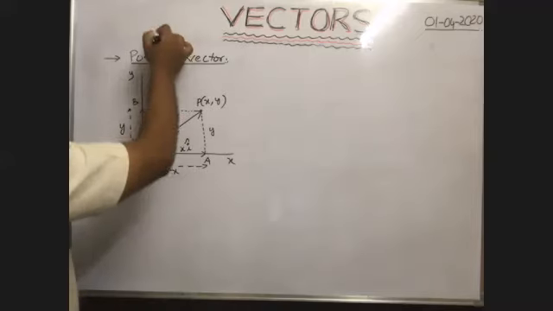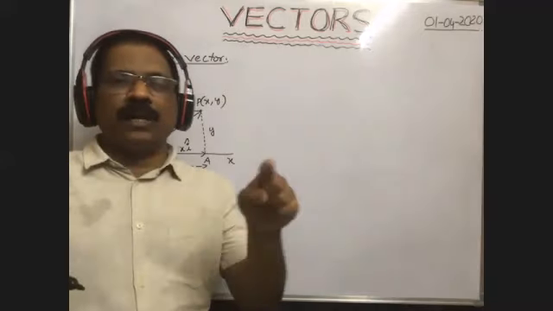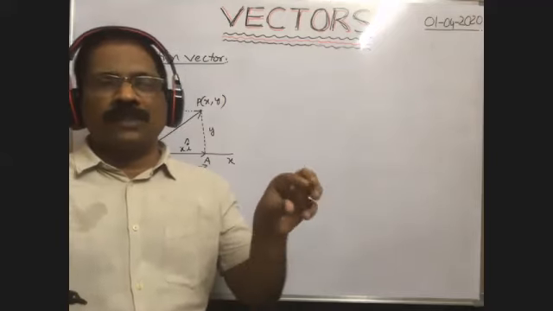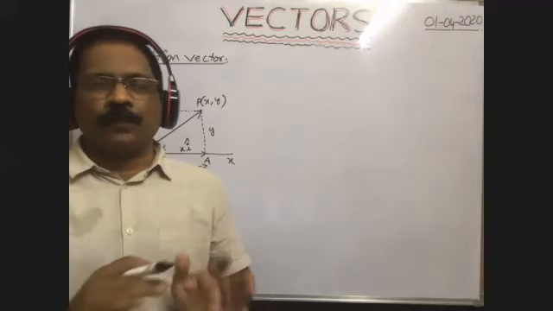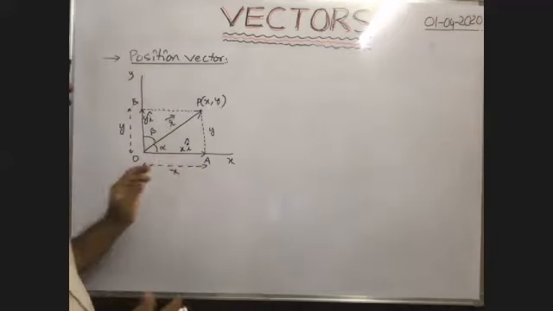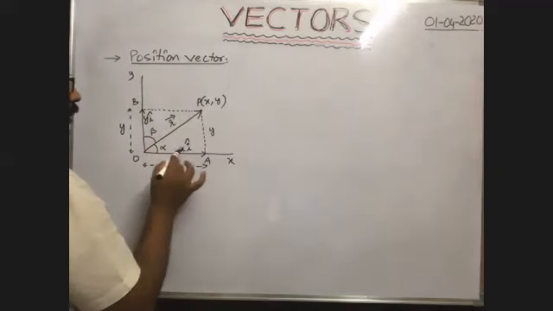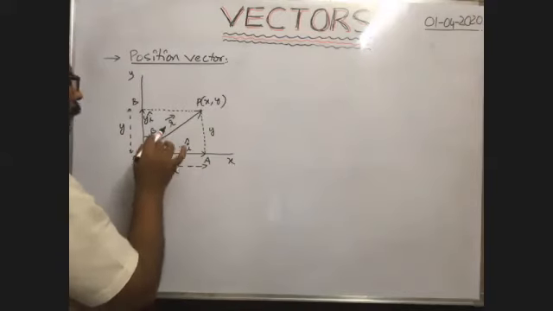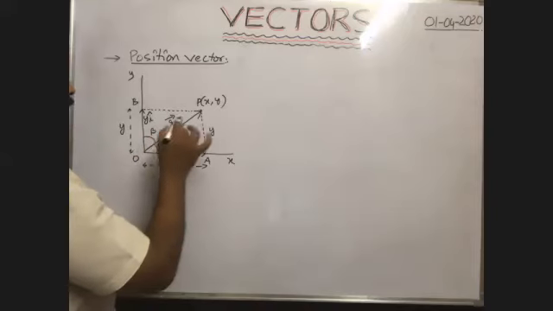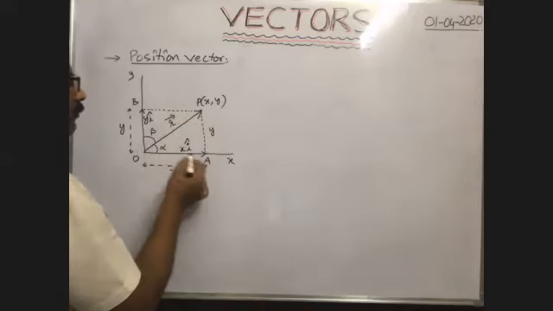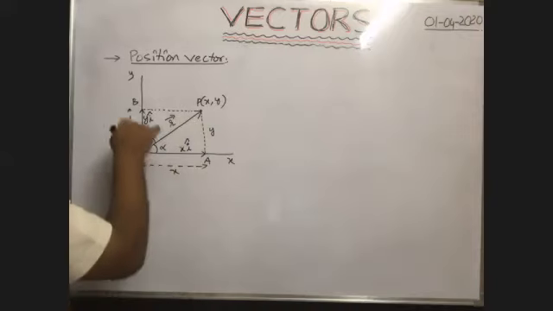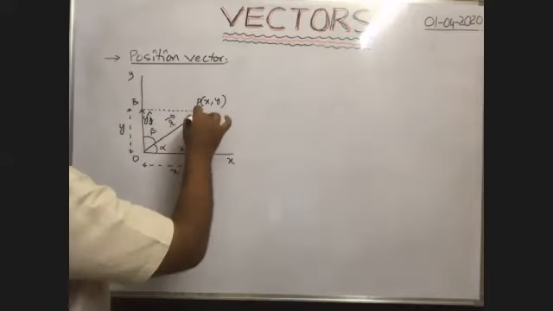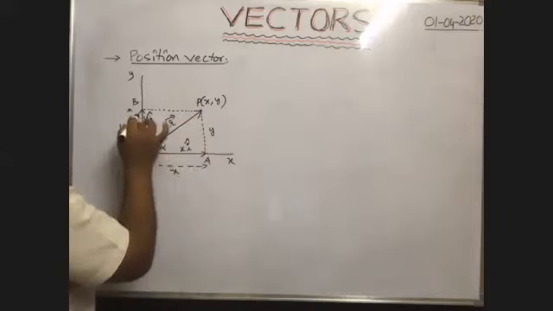Already I said a bar is equal to a into n cap, where n cap is equal to a bar by a. That means magnitude of that vector into unit vector along the direction. The product of these two gives the given vector. So magnitude of this displacement along this direction is equal to x. In this direction, unit vector is i. Therefore, the x component of this vector along this x-axis in vector form is equal to x into i cap. Similarly, along y-axis, y into j cap. Okay. Now here this length AP is same as OB, no? That's why it is also equal to y.